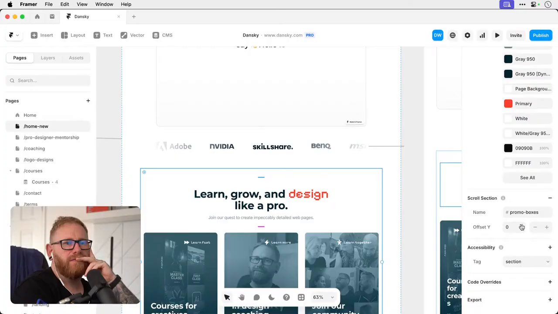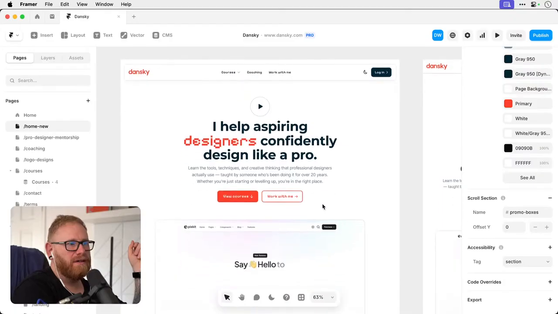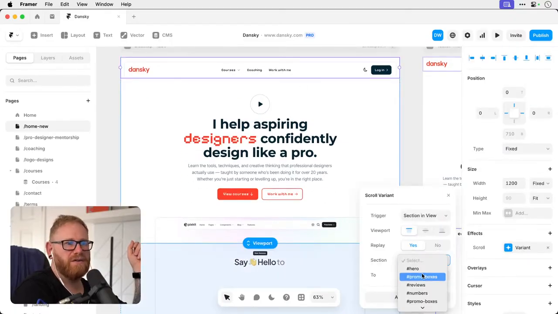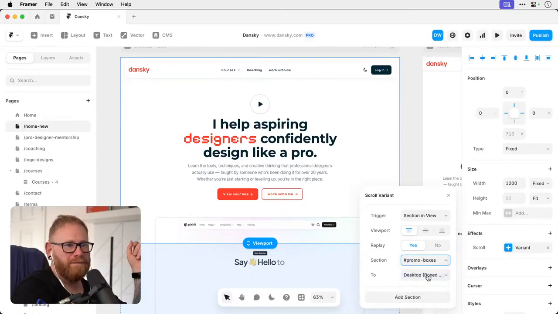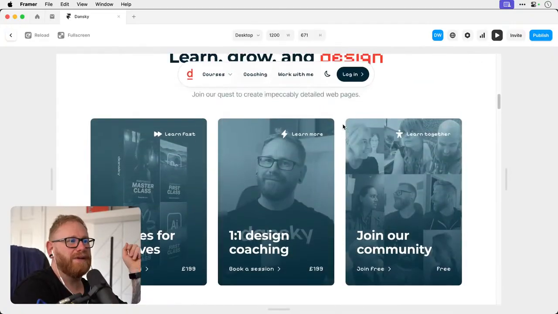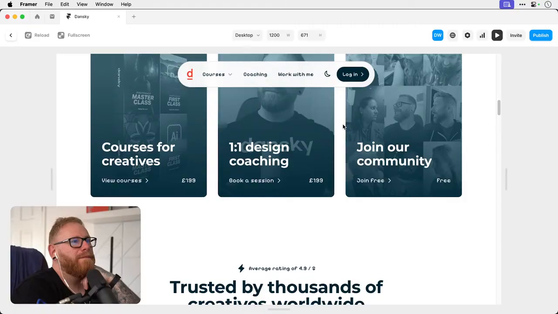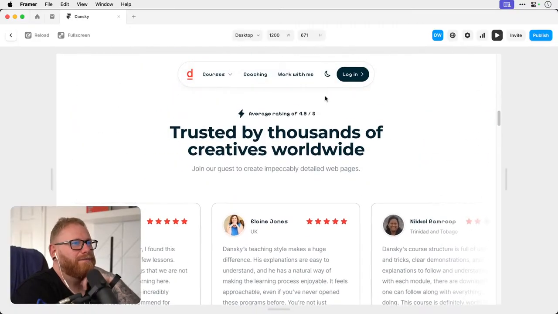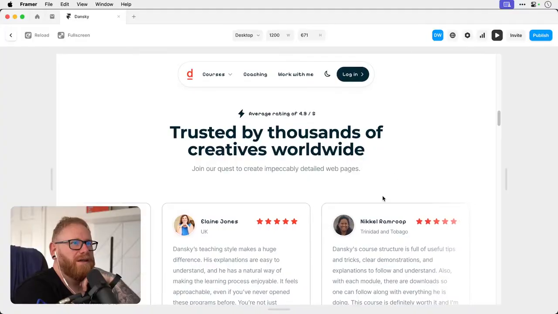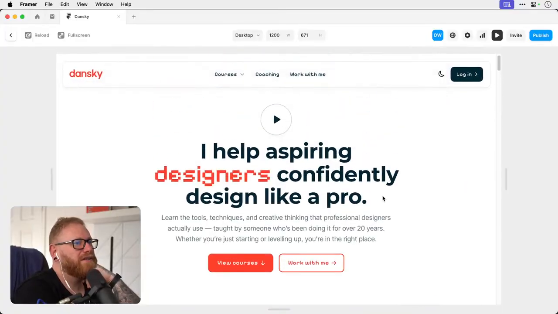Promo boxes. So you can give the section like a hashtag name, and then I can reference it. So here with this scroll, I can say when I get to hashtag, oh no, there's two. We'll try the top one. It then changes to this. We'll see if I got the right one. Yeah, there we go. Okay. So it's just a nice little touch. Oh, day and night doesn't work until I publish it for some reason.